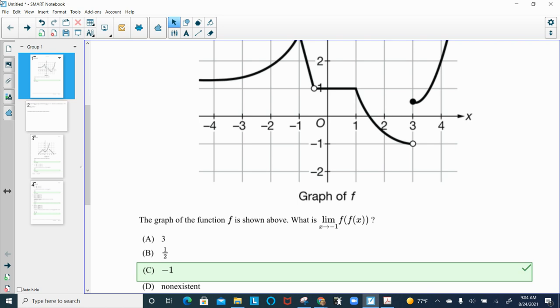Okay, but having said that, it's not necessarily a hard problem. Now, one of the things that confuses people is just taking the limit of a composite function. So I'm going to completely break this down. If you are bored, feel free to fast forward a little bit. I don't want to assume that everyone is bored. So when we see the limit of a composite function, we generally try to take the limit of the inner function. Remember, when we do a composite function, like f of g of x,